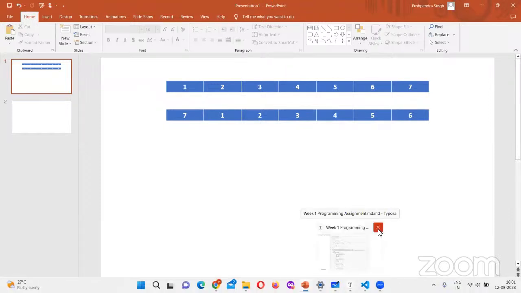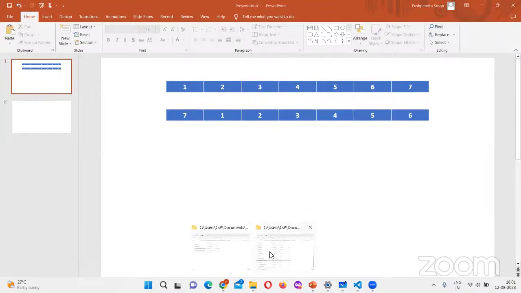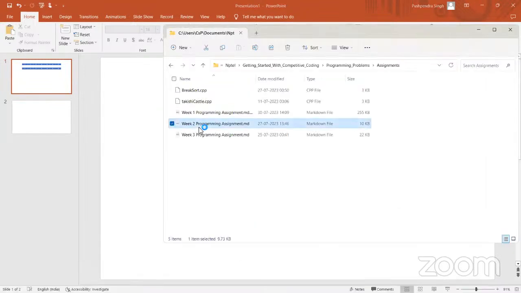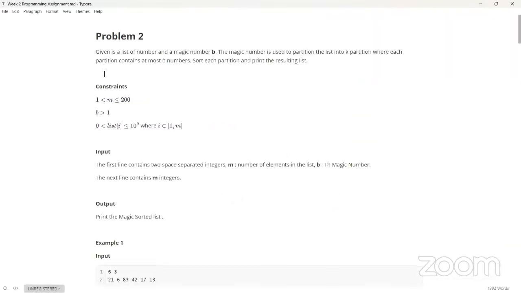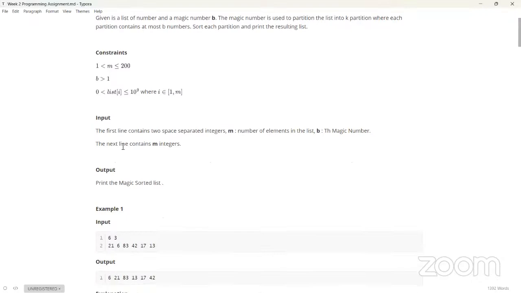So let's move on to the week 2 question. This problem statement is also pretty much straightforward. What you're given is a list of numbers in the form of a one-dimensional array, and you're given a number. Now the intent is that you have to partition those numbers into k partitions with at most